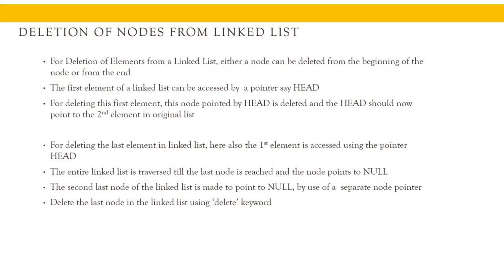While deleting the last element from the linked list, here we have to do a little bit complicated thing because the last element of the linked list is pointing to a null pointer actually. So what we have to do is we need to free the memory that is allocated to this particular node. Along with that, we need to make the second last element in the linked list point towards null. Alright, so we have two actions here. Here we have to delete the element as well as we need to actually make the second last node point